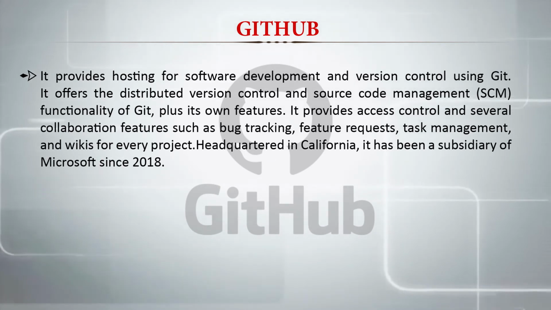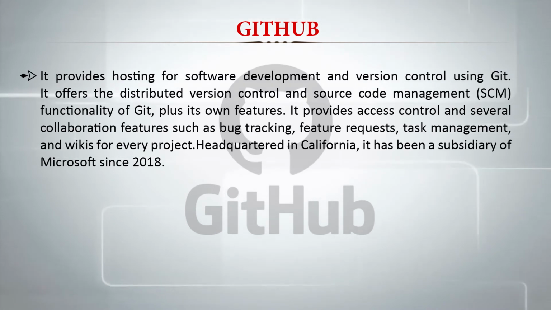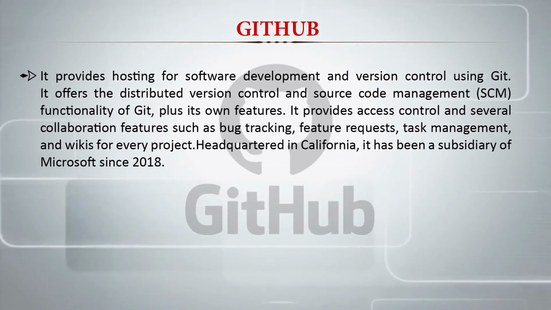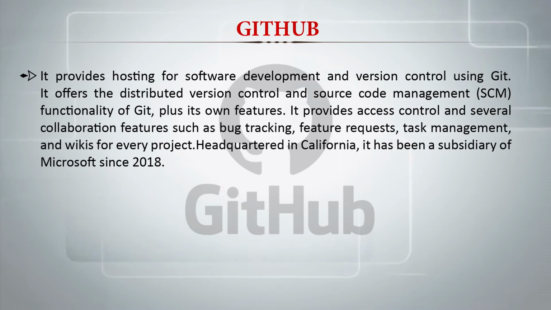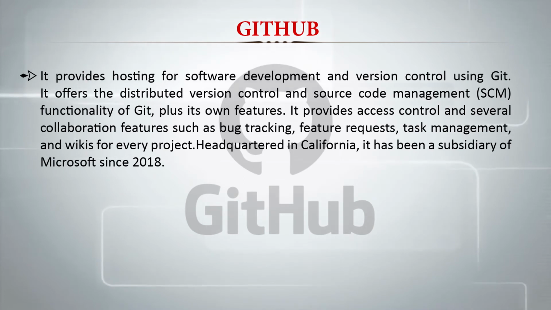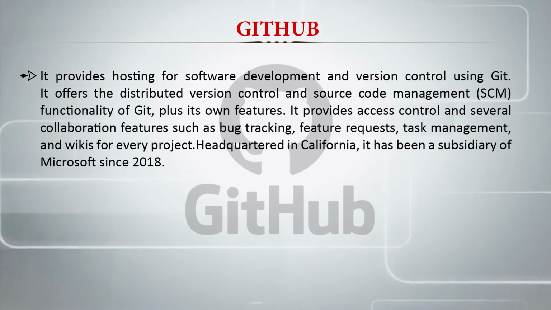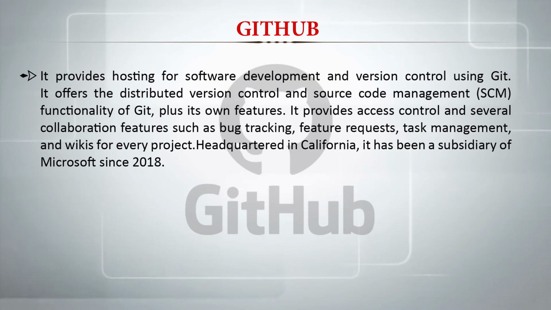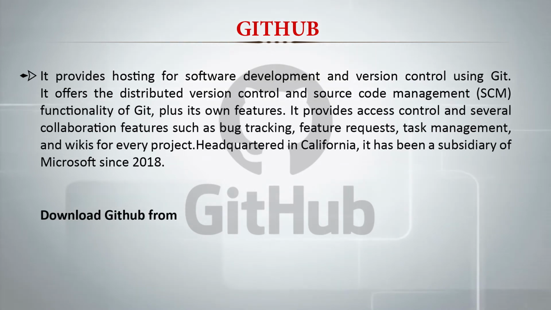It provides access control and several collaboration features such as bug tracking, feature requests, task management, and wikis for every project. Headquartered in California, it has been a subsidiary of Microsoft since 2018,